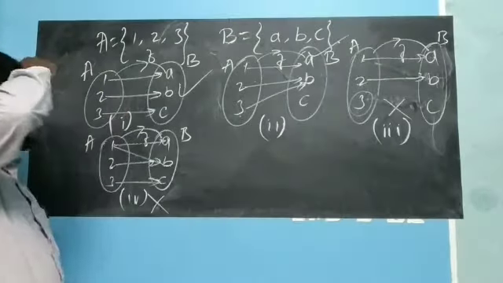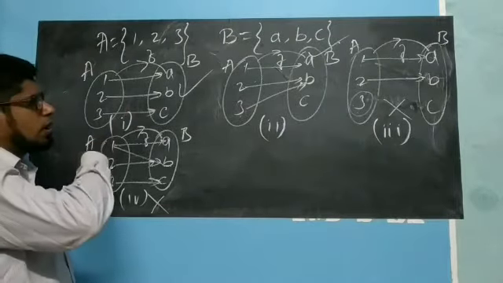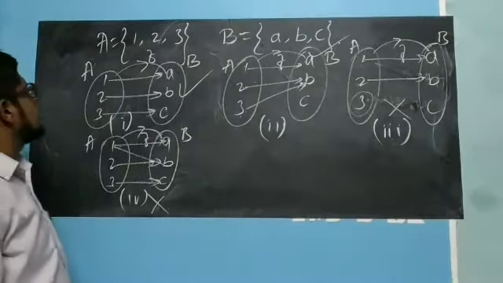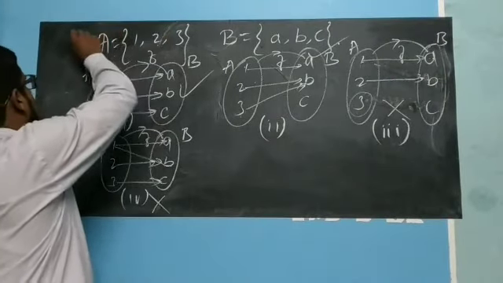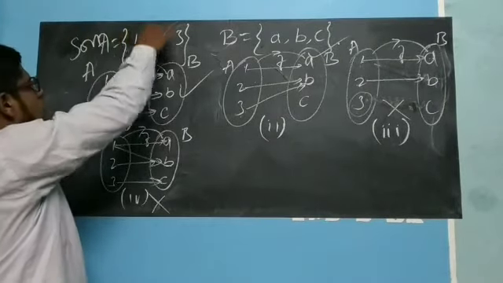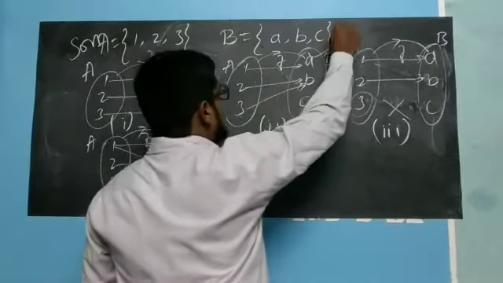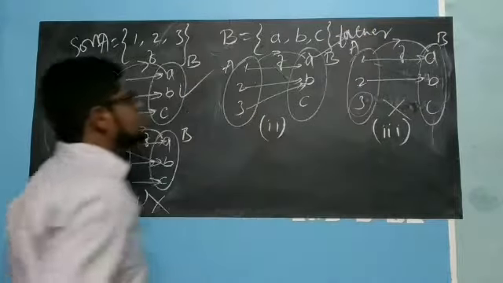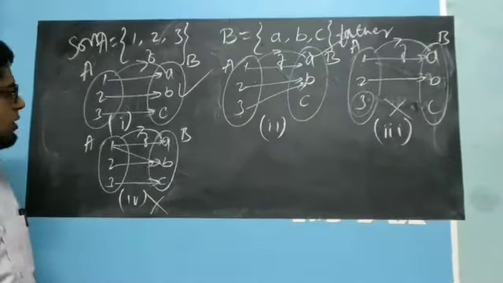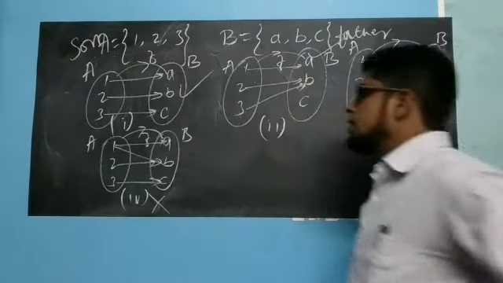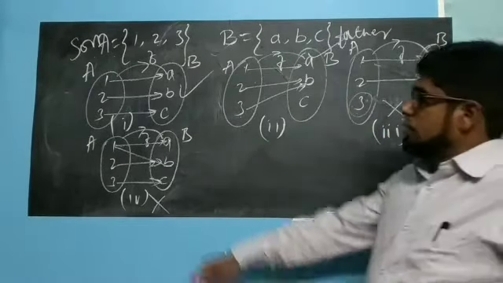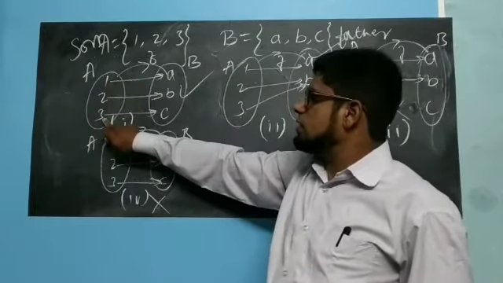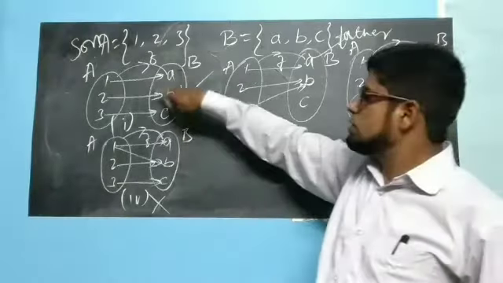To explain better, if we relate this to our daily life, let us consider the set A is sons. These are 3 sons, and set B is his father. We will relate set A as sons and B as fathers. So in the first example here, each and every element of set A, that is, there are 3 sons here and there are 3 different fathers.